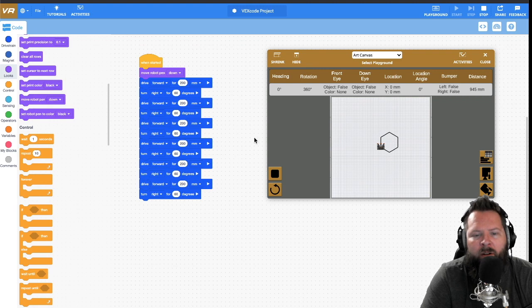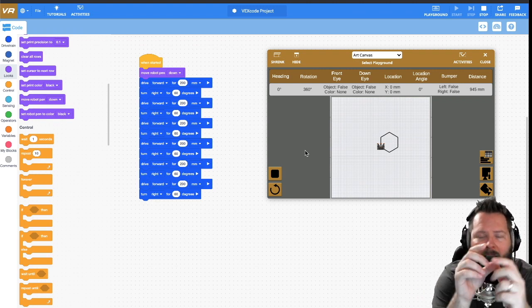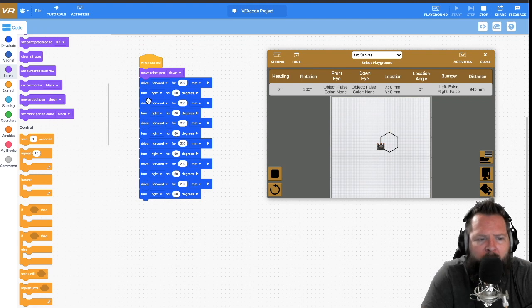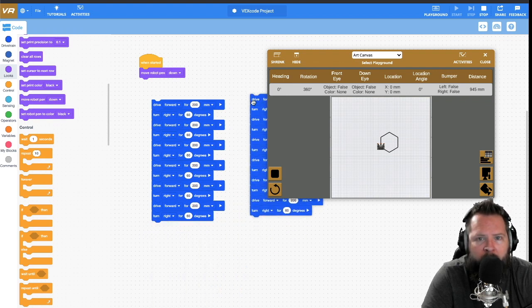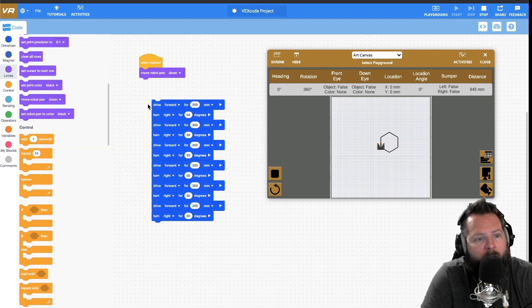So what we've learned from just doing the square and the hexagon is that if we want an enclosed polygon that has little lines that are so small that it's very hard to tell, then it'll make it look like a circle. All right, so what I'm going to need to do, I don't want to do that, right? I could do this and then make them all 30, because I'm doubling the number of lines, and so I would have the degrees so that they all add up to the same. But